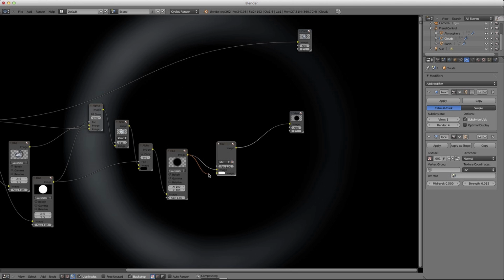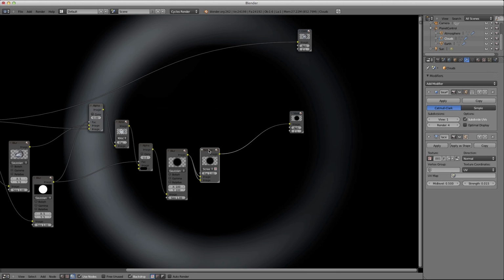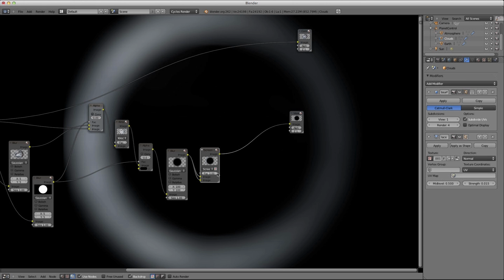We're actually going to connect it to itself on this mix node, and we'll set it to screen as our mix type so that it's only affecting the highlights of the image. Okay, that's good. We're actually going to bring it way up though. We're going to go ahead and set it to 3, and there we go. It's looking pretty good,